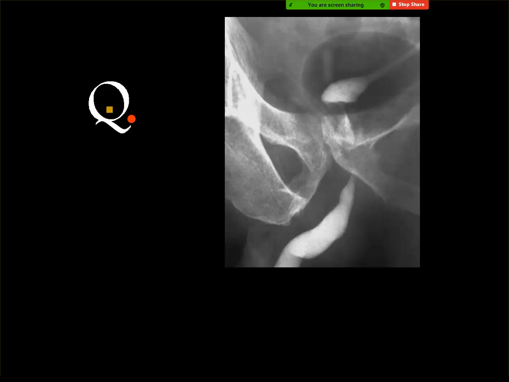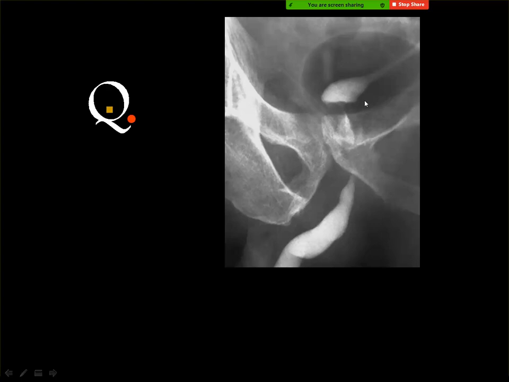Fracture in the bulbous urethra. This is the bulbous urethra, and this is the usual kink between the bulbous and the penile urethra. This is ascending urethrography, and the prostatic urethra during the ascending phase is usually collapsed, but the prostatic urethra is distended during micturition. The problem is here.